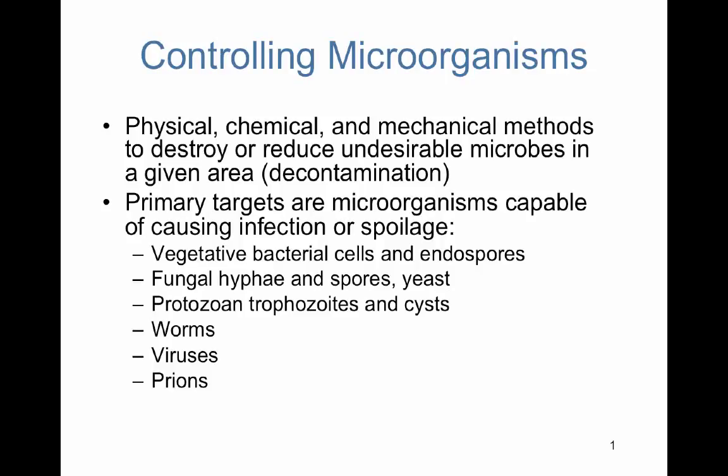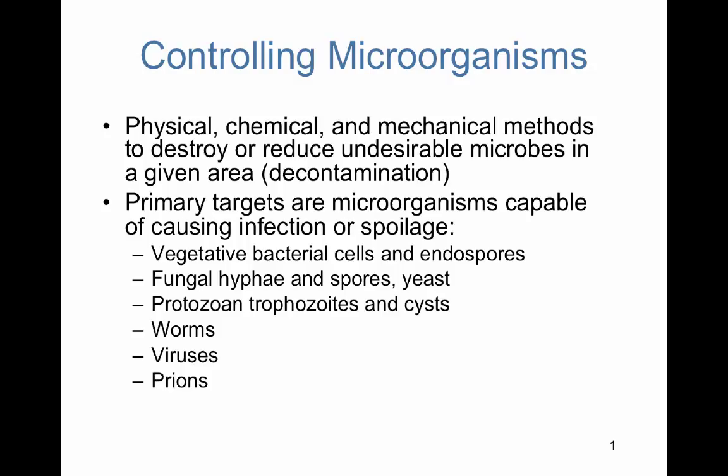All right, so now we are moving on to chapter 11, which is forms of antimicrobial control, and this would be specifically the physical, chemical, and mechanical methods. Chapter 12 will focus on antimicrobial control through antibiotics or antimicrobial drugs. For chapter 11, these are all of the physical, for example, temperature, chemical, for example, bleach, and mechanical methods,